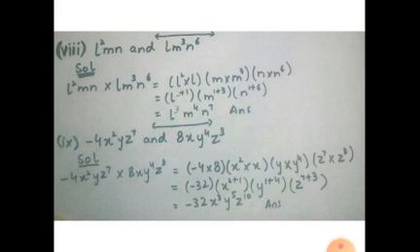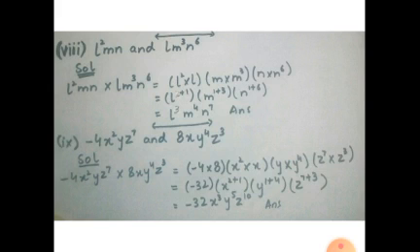So it becomes l² into l, m into m³, and then n into n⁶. So when we add the powers, it becomes l^(2+1), m^(1+3), and n^(1+6). So when we add these powers, it becomes l³m⁴n⁷, and this is